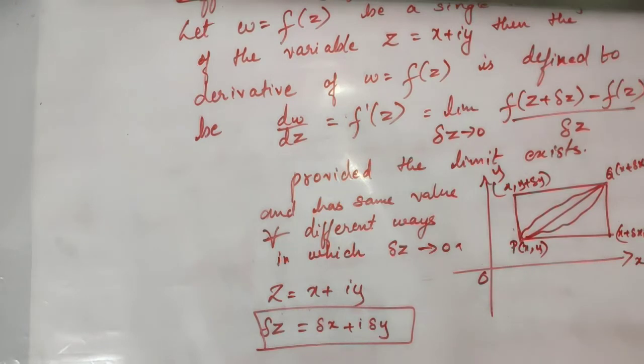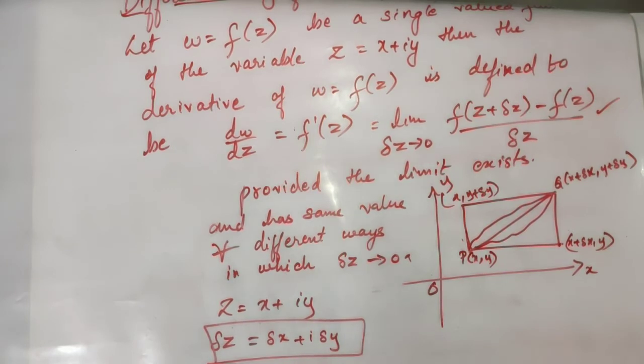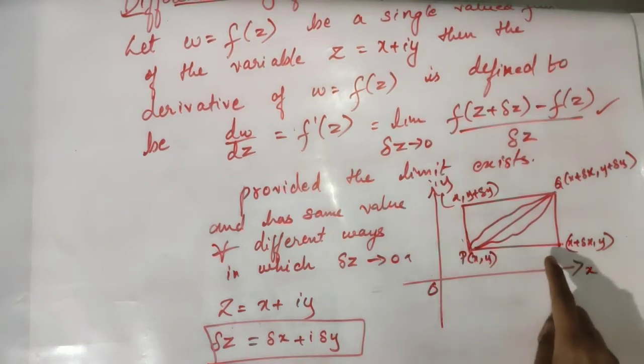Similarly, if there is a small change in y, there will be a change in z. Okay, so you will have many ways in which you can take variation in z. I have shown it in the figure as well. So as you see, there are 2 points P and Q for me. One is x comma y, P is xy, and Q is x plus delta x comma y plus delta y. There are two axes, x axis and the imaginary axis iy over here. And then you just consider a parallel line along with P.